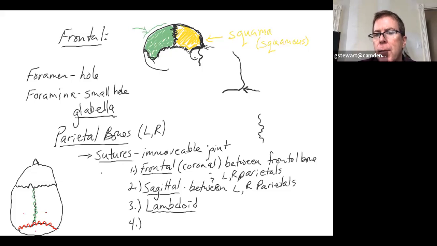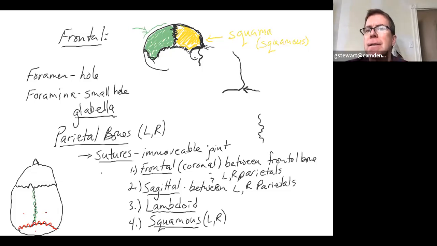are the squamous sutures. And there's 2 of these. So I'm going to put left and right. If we go back to the side, I'm going to go back to my skull cartoon at the top of the page, and I'll use blue. The squamous suture, let me tell you what it is first, is between, I forgot to write lambdoid and squamous. The squamous is between the temporal bones